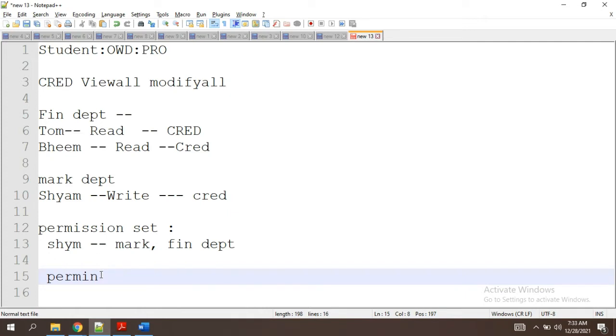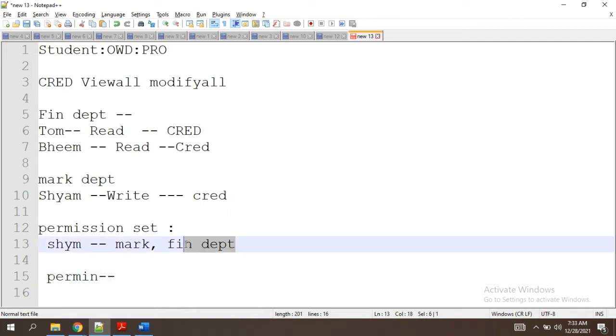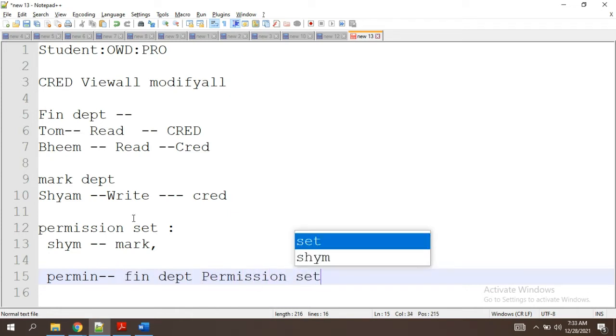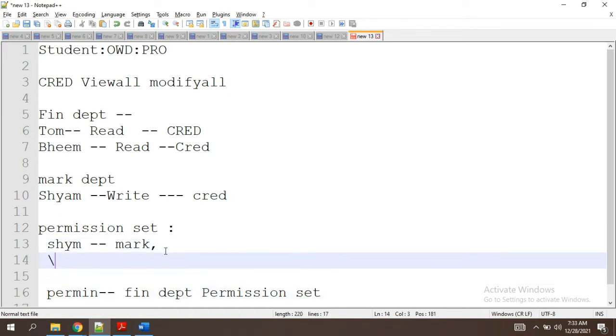Since permission set is similar to the profile, we will create a replica of the department in the permission set. There are so many people in this.